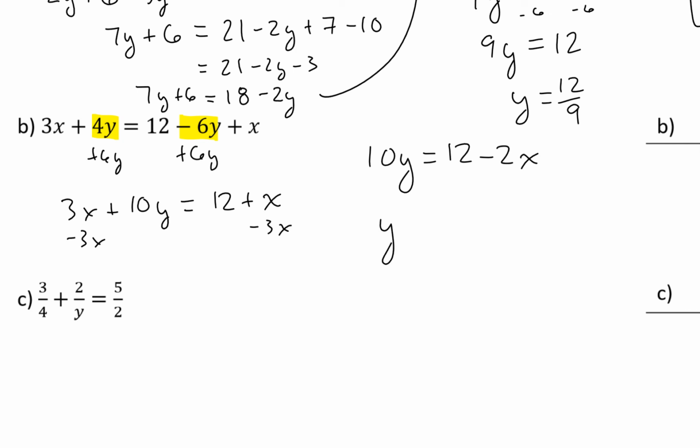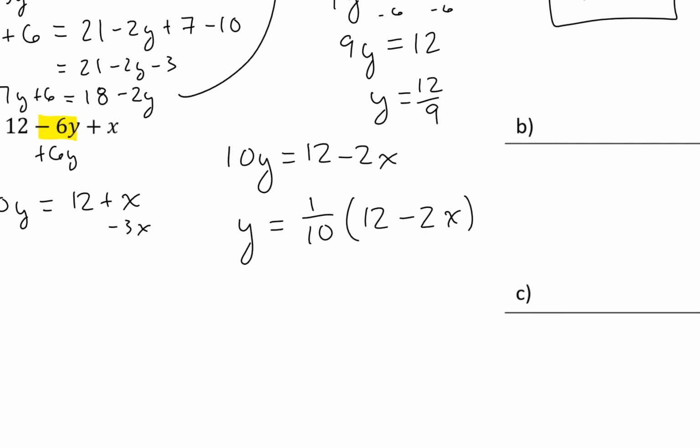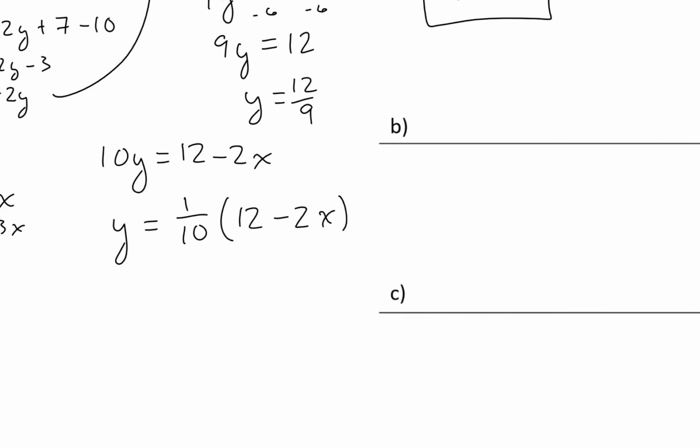If I multiply the left-hand side by 1/10, I certainly get y. And on the other side, if I multiply by 1/10, I get something that looks like this. And it's fine if you write it like this, if you realize that you can divide both of these by 10. So if I simplify this, it's going to be 12 tenths, and minus, actually, let me write that step. So 12 tenths, and then minus 2 tenths